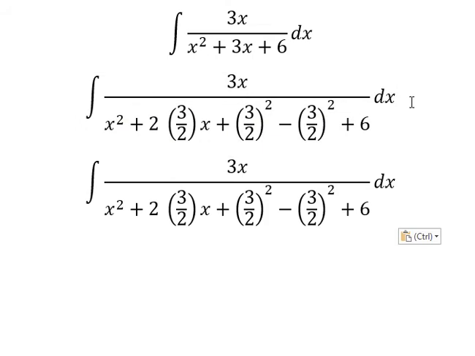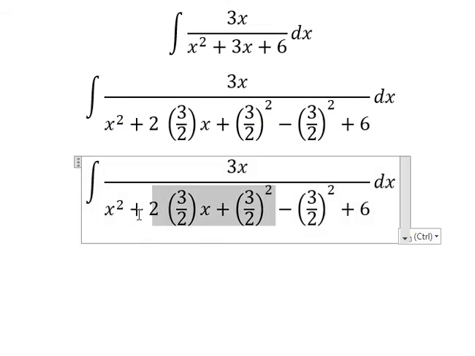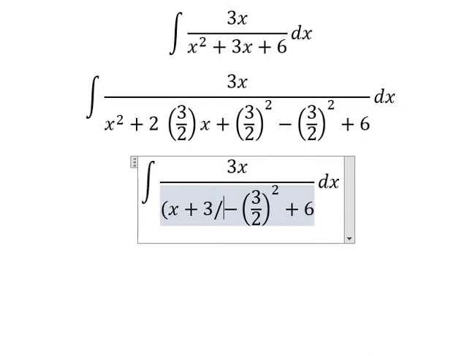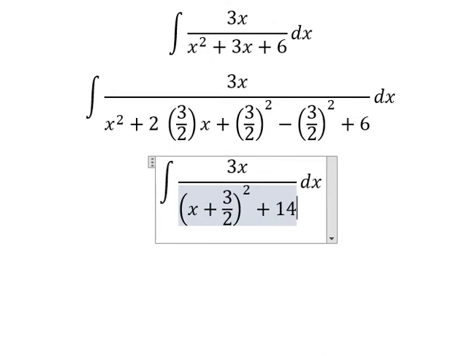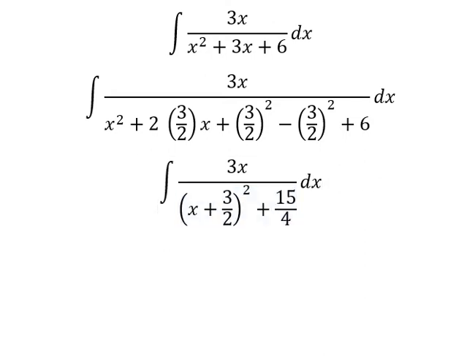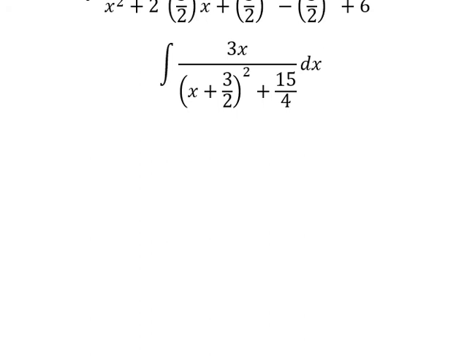Now we can see that this one is about identities, and we have s plus 3 over 2, everything to the power of 2. This one we simplify and we have positive 15 over 4. Now we can use integration